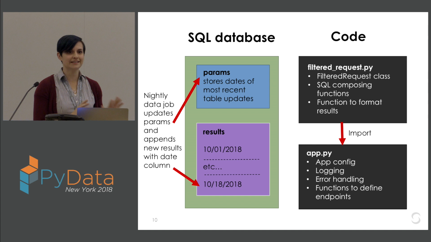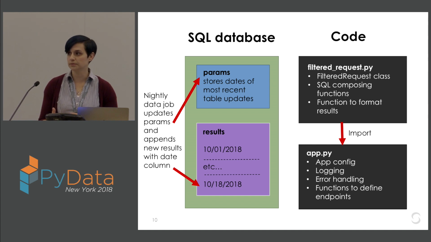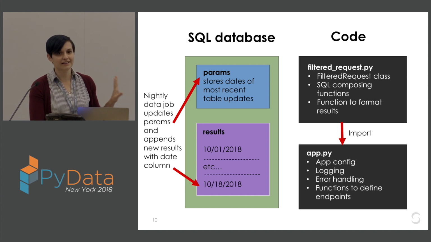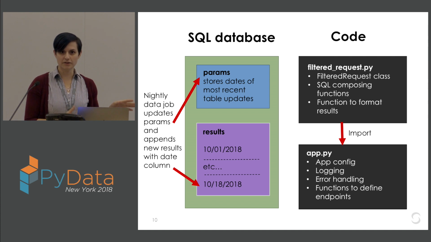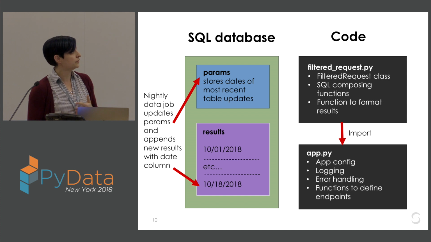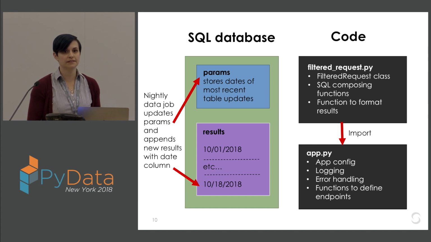And this is kind of like a sandbox scenario that I'm going to be using for all of my examples. And this is an extreme toy version of the trending service. So on the left side, I have a schematic of a SQL database where I'm storing results. So let's say once a night, I have a data job that runs in Databricks, and it computes what's trending for that day. And it appends this table with the new set of trending results, along with some sort of